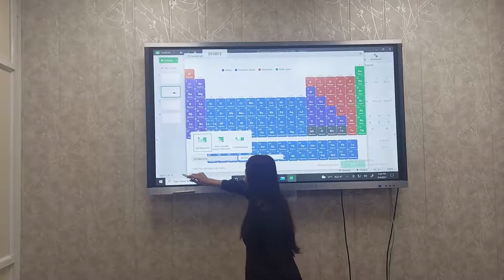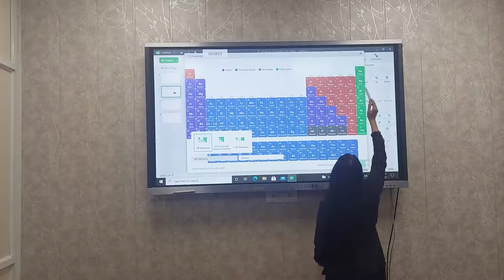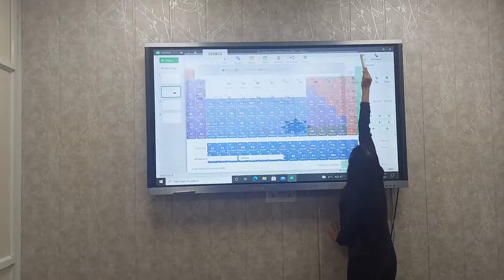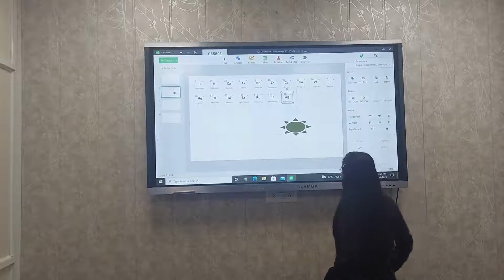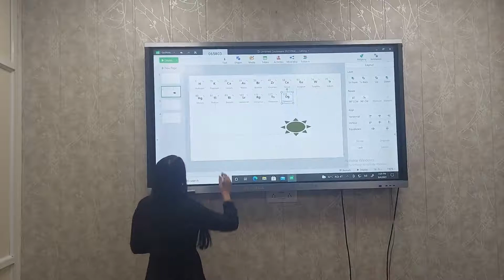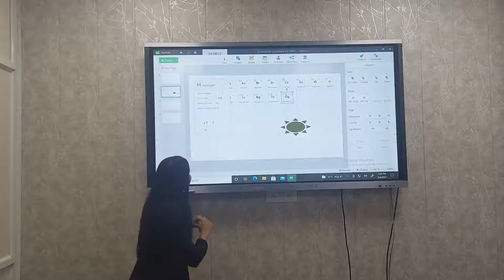Okay. So we have 17 elements inserted here. See, I can see the properties by just clicking on it.